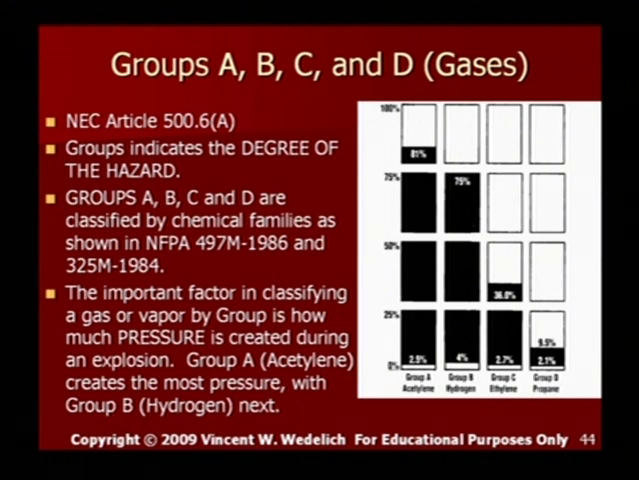Okay, so now we've talked about class, like Class 1, Class 2, or Class 3. And then we talked about division, Div 1 and Div 2. So if I had a Class 1 Div 2 location, then I know that Class 1 is a gas, and the Div 2 means it's abnormal for that gas to be released in the environment. If I had a class